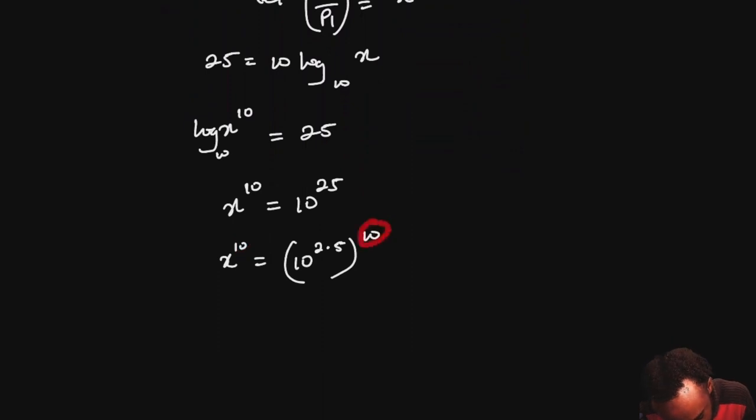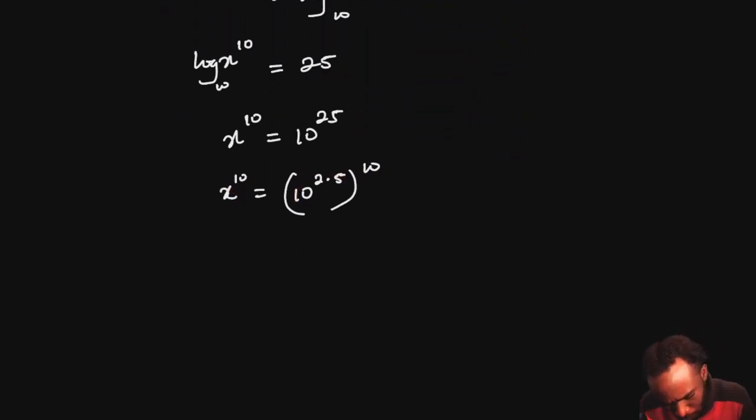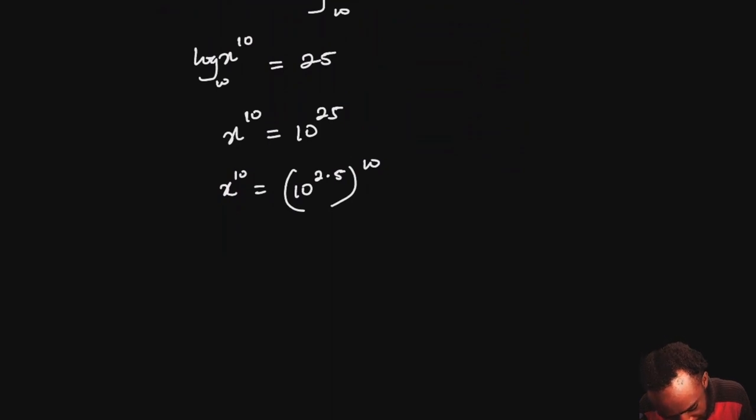So if the exponents are the same, therefore the bases should also be the same, because the left hand side of the equation should be the same as the right hand side of the equation. So we can go ahead and say therefore x is equal to 10 raised to the power 2.5. And then we can punch this 10 raised to the power 2.5 into a calculator. And what do we get? We get x to be equal to